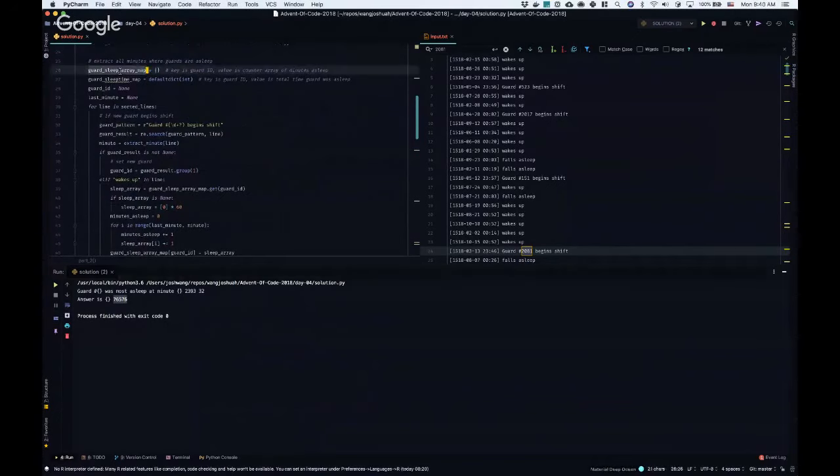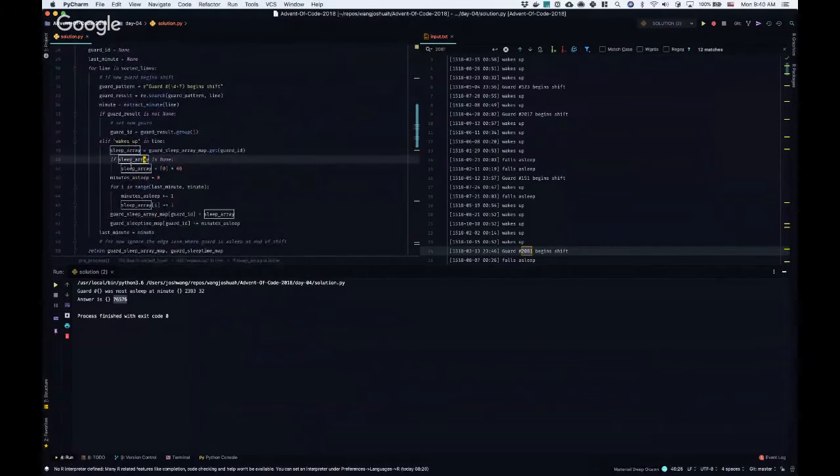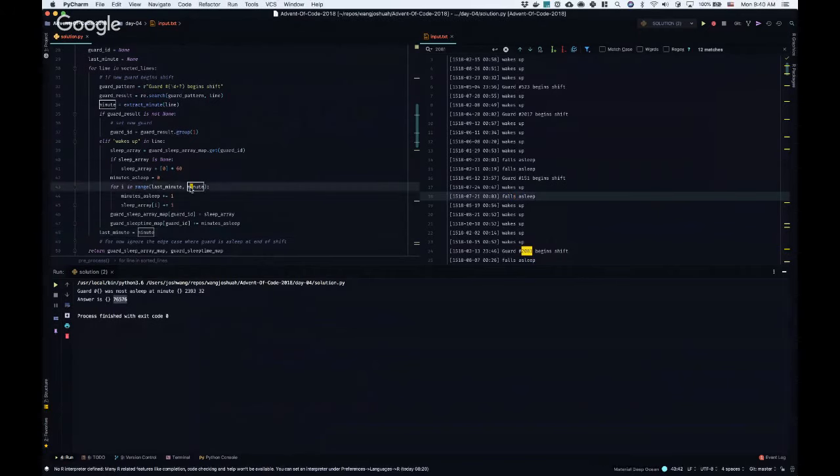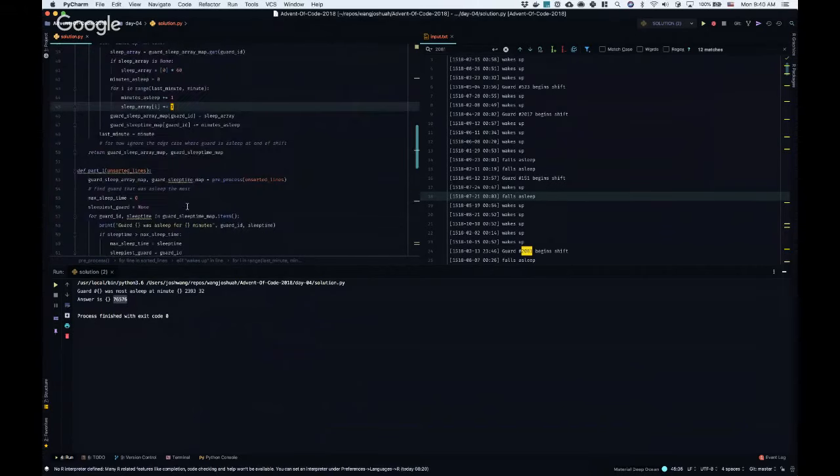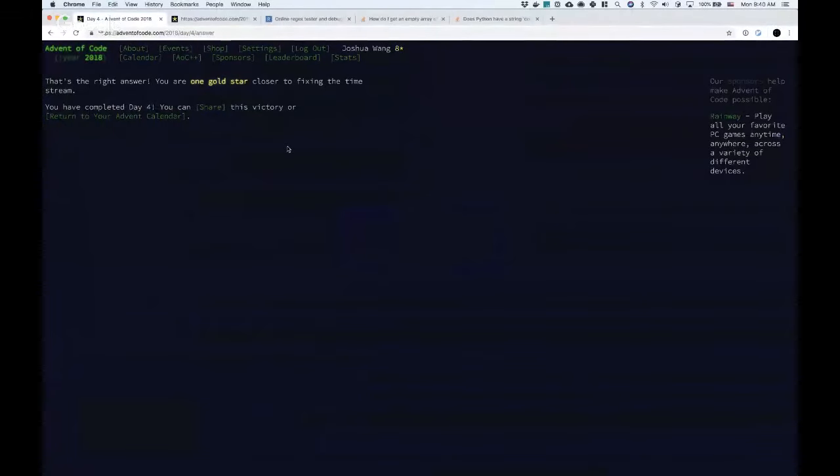And then in our dictionary of guard asleep map and guard sleep time, when the guard woke up, we recorded the minutes that the guard was asleep, which was between the last minute that we saw when the guard fell asleep and the current minute. So we added that total time to the total minutes asleep, and we set the times the guard was asleep to be plus equals 1 in that sleep array, where we're recording the count of the guard asleep, which is basically,